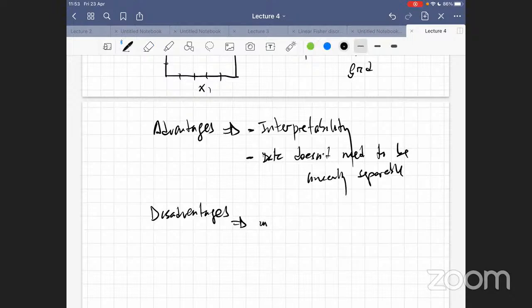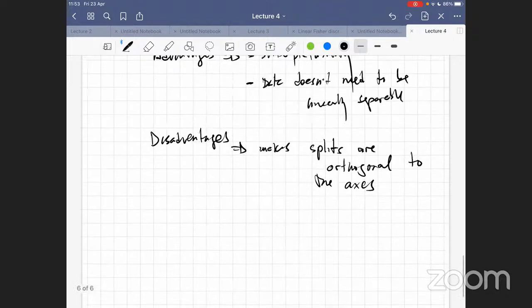First of all, it makes splits which are always orthogonal to the axis, right? And this may be inconvenient. This is an inflexibility, if you want, of the decision tree. And also hard assignments,